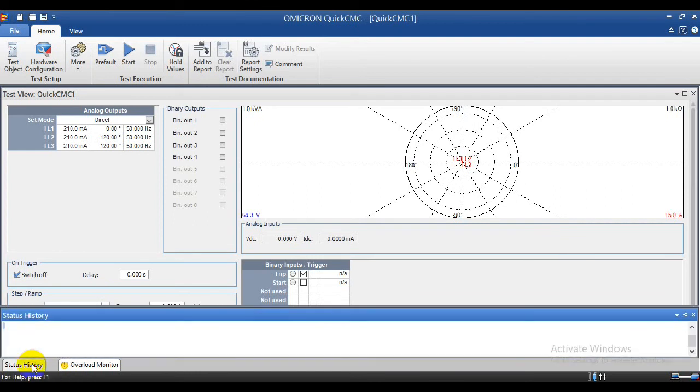In status history you can see current overload IL1, IL2, IL3. IL1 is R phase, IL2 S phase, IL3 T phase. So whenever you inject the current or voltage, you should see this overload monitor carefully, because sometimes due to our lack of knowledge we would have connected wrong connections.